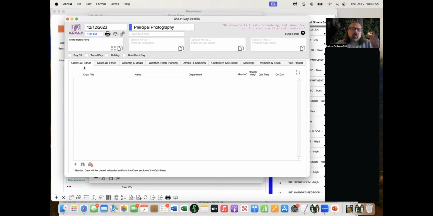So if you go to the crew call times tab, which is the very first tab, you'll notice that there are no crew here. Now, I've already created crew. If you are familiar with Gorilla Scheduling, you create crew somewhere else. You create crew in the crew module because you use crew in lots and lots of different areas. So once the crew's created, so we have a database of our crew, our DP, our assistant director, and all that kind of stuff, we can then pull from that database